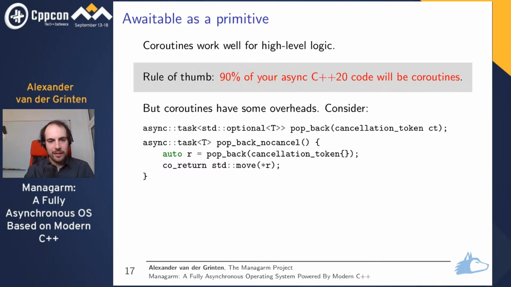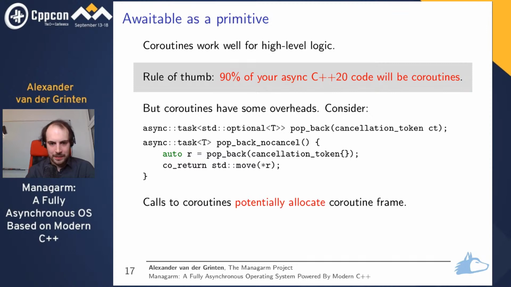We're going to co-await the result. Oh, that's something that is broken on this slide. So we want to co-await the popback operation. And then we want to move the result out of this optional here. We know that there's an optional value available because the cancellation token is never canceled here. So that works and it looks quite simple, but there's an obvious drawback if you dive a bit more into